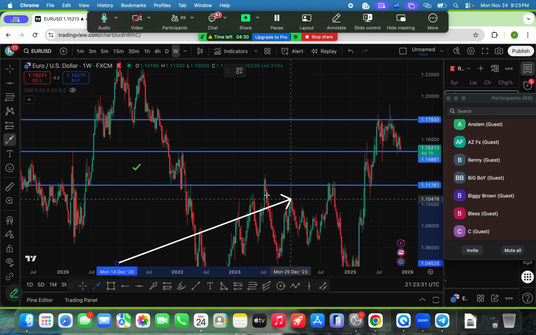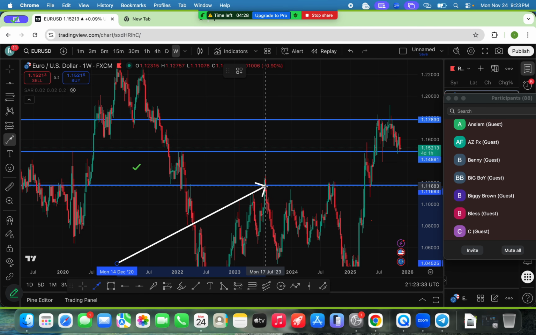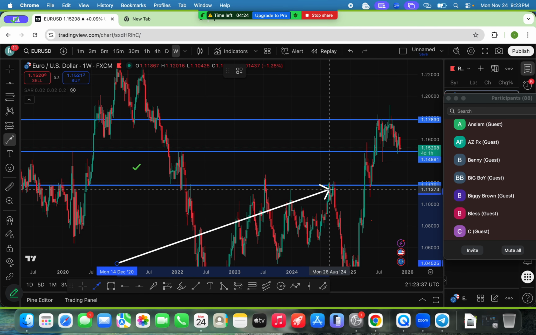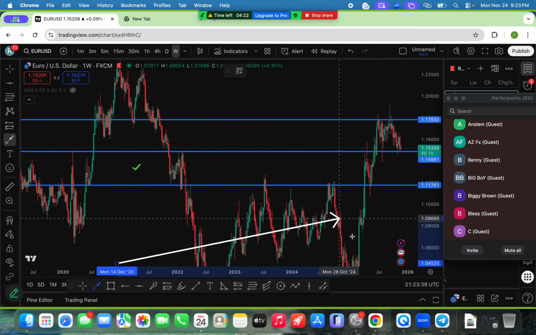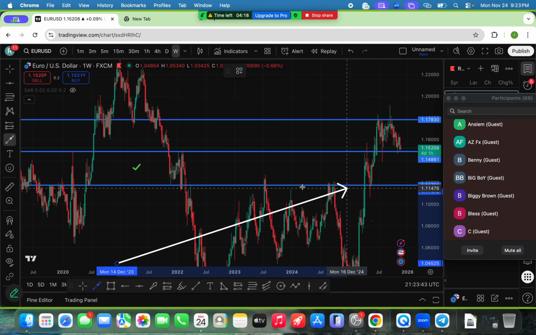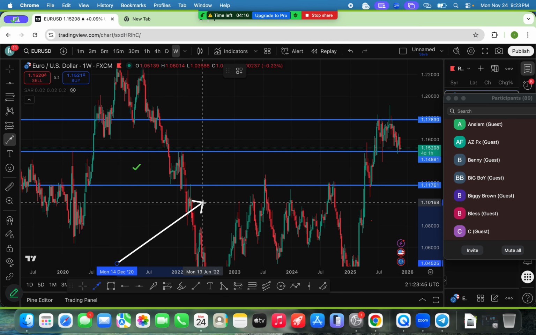Good. Then you can see price getting to this level again. You can see it selling. We got another level. We got price getting to the level again. It's sold. You can see the break and you got the retest again. You can see the buy. So price found this level very interesting. So the turning points, they are just levels price reacted to the most. You understand? They are just levels price reacted to the most.